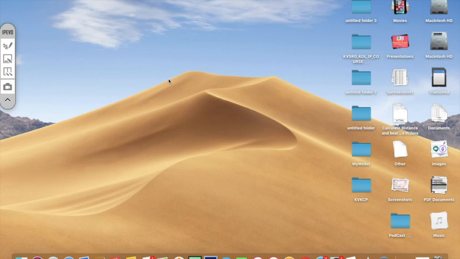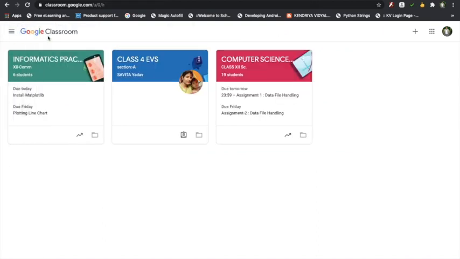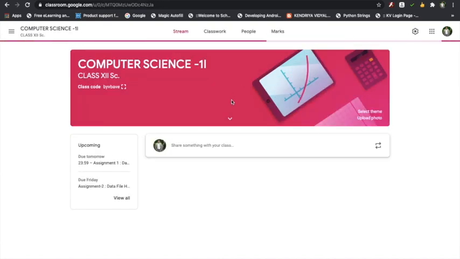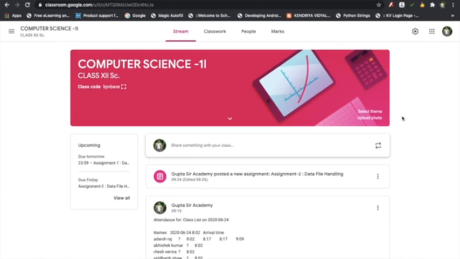Okay, so now we have created the assignment, defined our rubrics, and suppose that the assignments have been submitted by the students. So now let us evaluate it. So going for evaluation, we have to go for evaluation, right? Now you can see that I have a few classes in my Google Classroom, and one assignment I gave yesterday to my computer science batch, and I think few of them have submitted it. So let us go and evaluate that particular part.